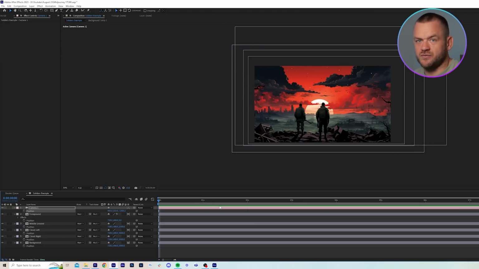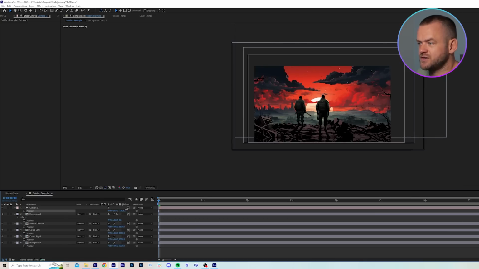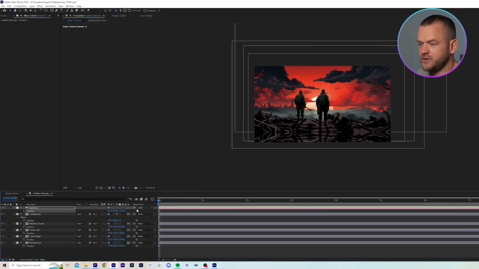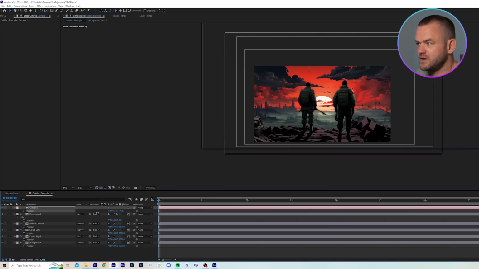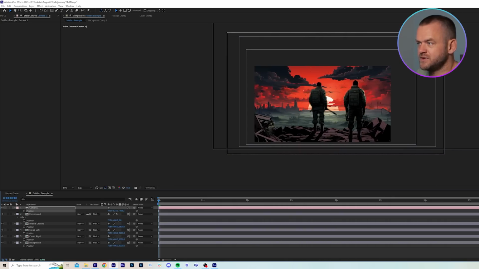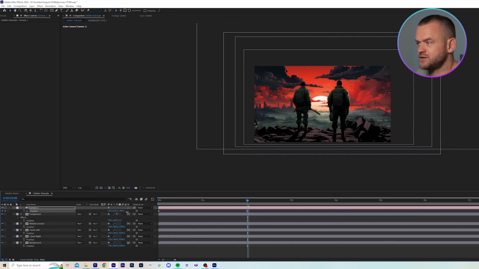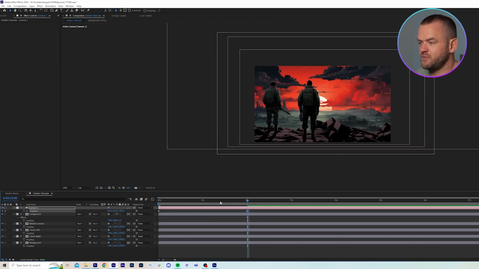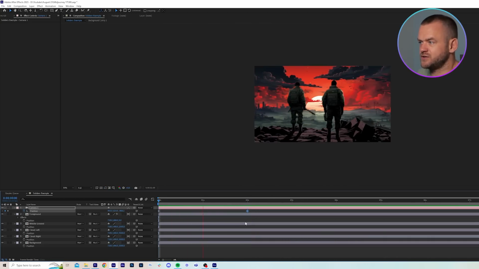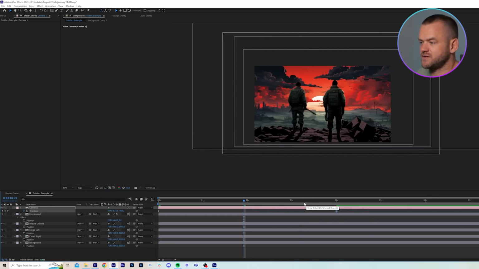All right guys, so now we're nice and set up. It's literally just a case of playing with these keyframes. So we could go down here, we can zoom in. I like this motion. So we're going to click P, go to 2 seconds, and drag it across, and we get this kind of motion, but it's a bit fast. So I'll drag the keyframe out,